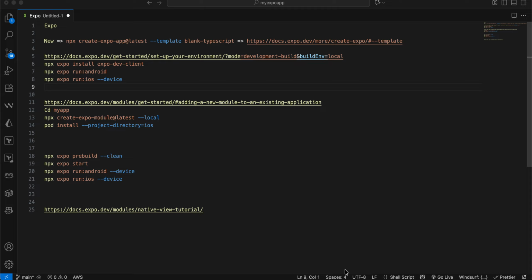In this video I will show you how you can integrate foundation models from iOS 26, specifically the language session model, in Expo React Native for iOS. So let's get started. In case you are not aware what foundation models are, they are basically large